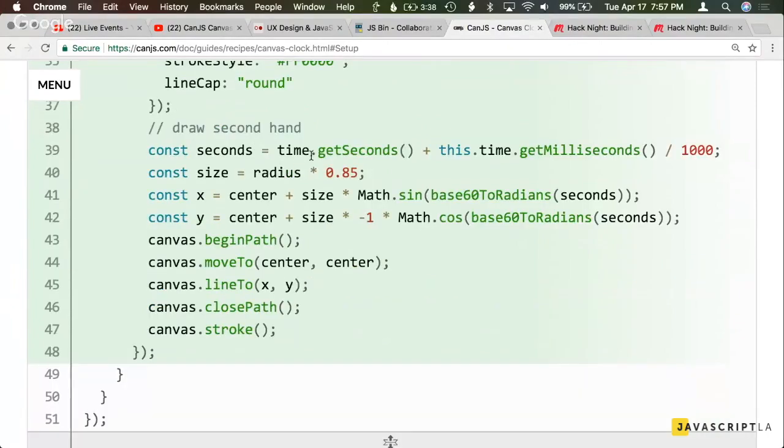The first thing that we do is get the number of seconds from the clock, and then we're getting real accurate and also getting the number of milliseconds too. The size is going to be not quite the radius, but 85%. Our x and y in the entire coordinate system is going to be whatever the center is, and then we do the adjustments from there. Here we're passing in the seconds, and this is the math part where I don't feel as proficient to explain and teach. But we're going to take the number of seconds and get the angle